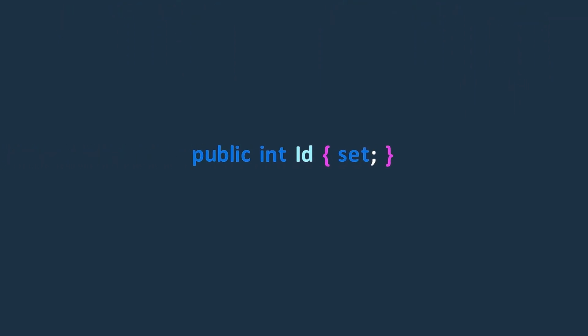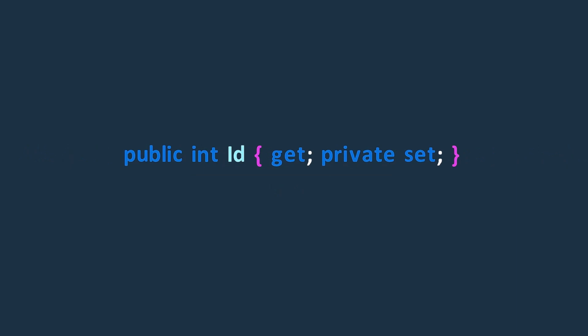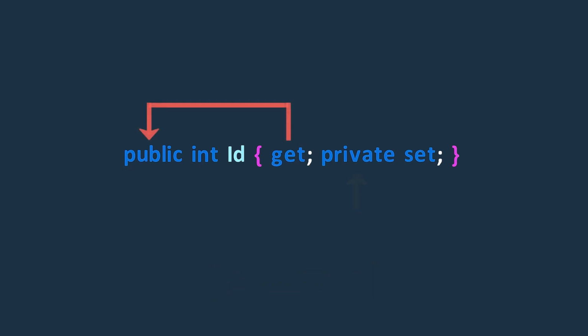Okay, just keep in mind that in C# we cannot create write-only properties. This is because auto-properties require a get accessor. Moreover, we have the flexibility to set different access levels for the getter and setter methods, which helps us control the visibility and accessibility of the property. For instance, we can make the set accessor private, while the get accessor remains public, just like the property itself.